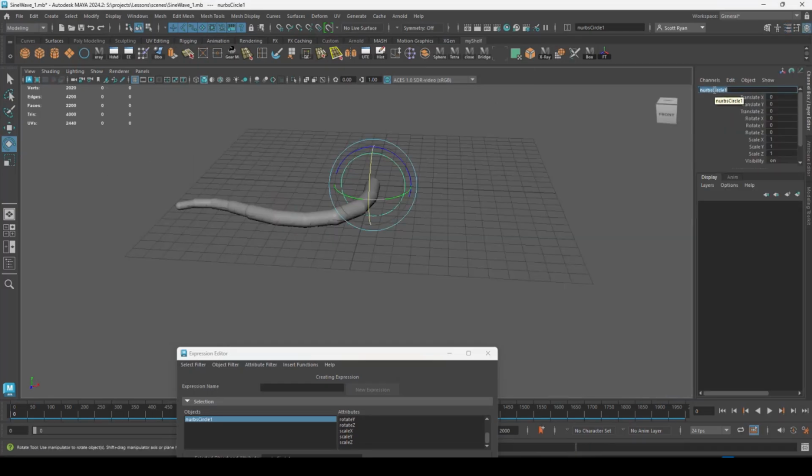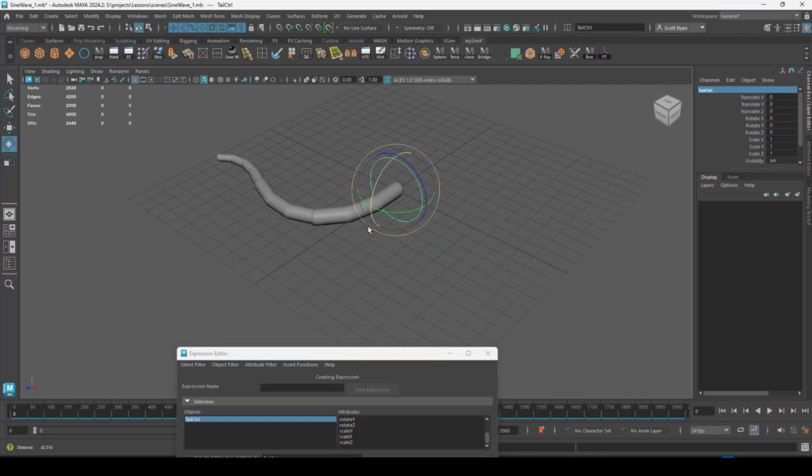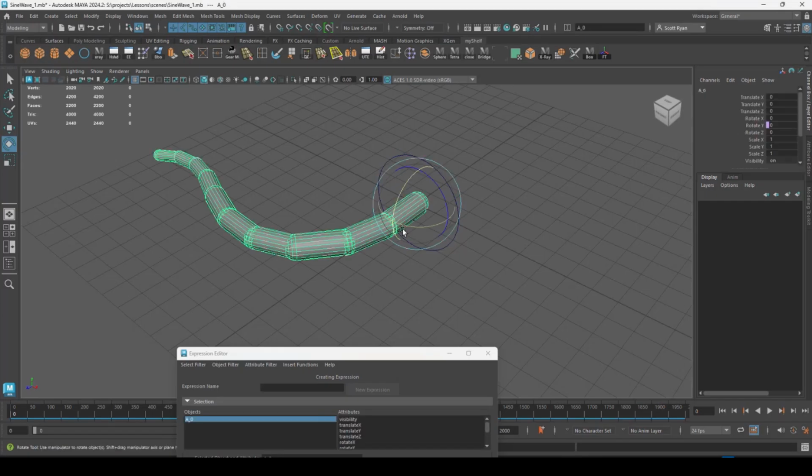And I'll name this tail control, CTRL. I'll also grab this, and I think I'm going to Control G to put that in a group. And I'll name my group tail group,